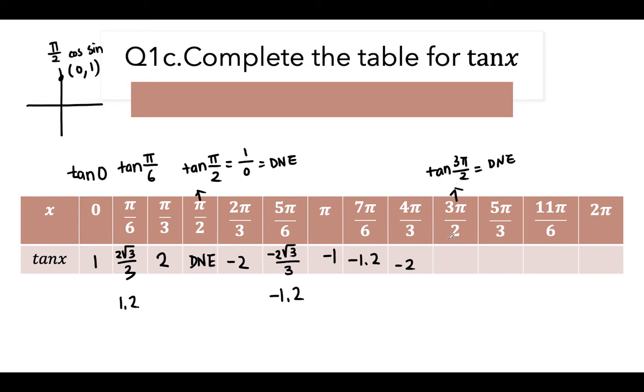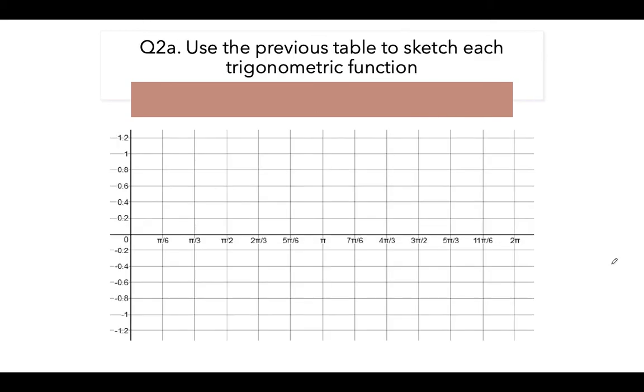Okay, so 3 pi over 2 is on this axis, on the y-axis. So this is a special case, which is 0 over negative 1. So again, it's going to be negative 1 over 0, which does not exist. And then 5 pi over 3 is 2, 1.2, and 1. So now the next part of the investigation is that I want you to use the previous